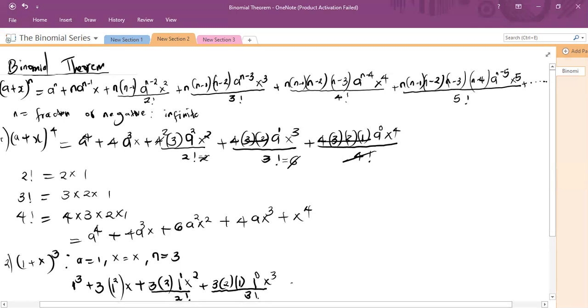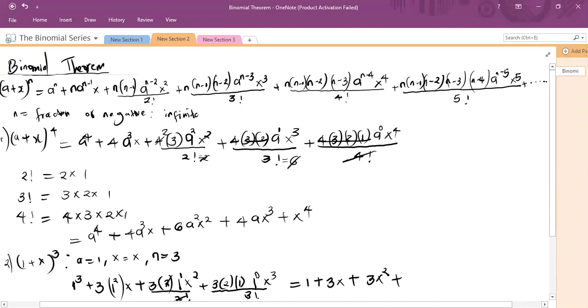So simplifying this, 1 raised to the power 3, any number, 1 raised to the power of anything is 1. So that will give us 1 plus, we have 3 times 1 times x, that will give us 3x plus, now 2 factorial is the same as 2 times 1, which is the same as 2. So this will cancel with this, and then we remain with 3x squared, and then